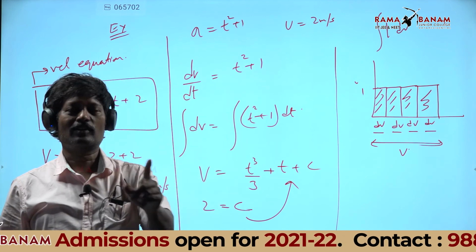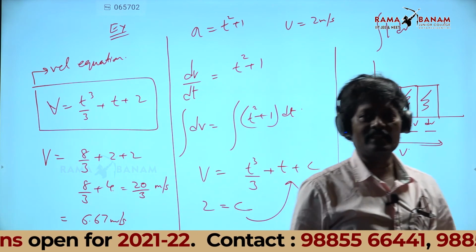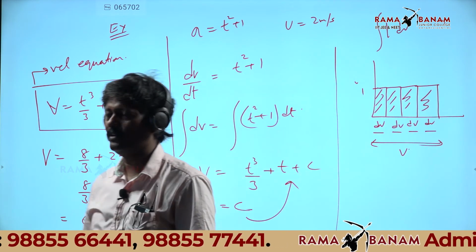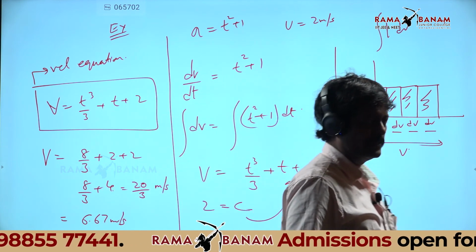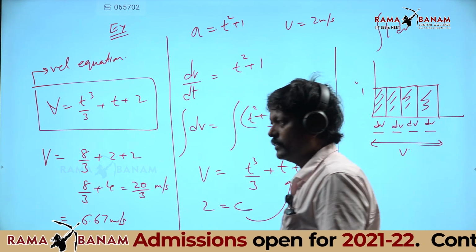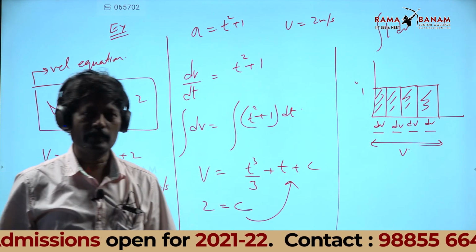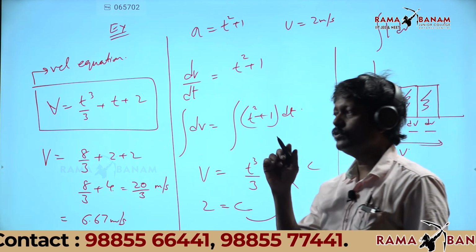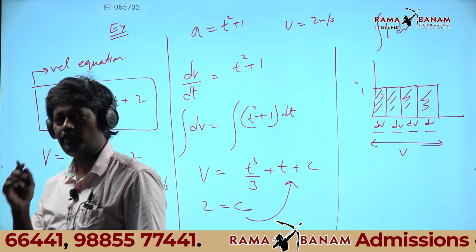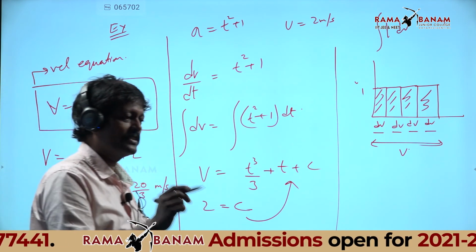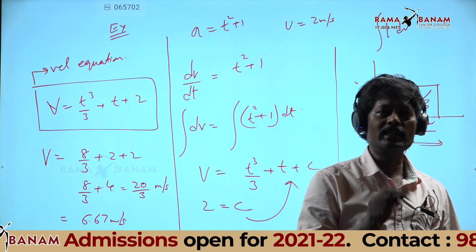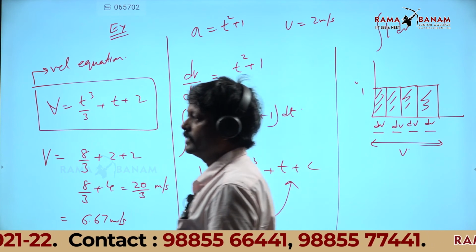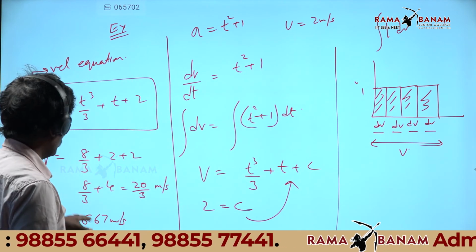Whenever the acceleration is constant, then only your 10th standard formula. Now I should not say 10th standard formula. Of course in intermediate also you have v equal to u plus at, s equal to ut plus half at square, v square minus u square equal to 2as, Sn equal to u plus a into n minus half. All those formulae are applicable for constant acceleration only. Otherwise, you have to go for the process of derivative or integration. Very good. So, I got the velocity.